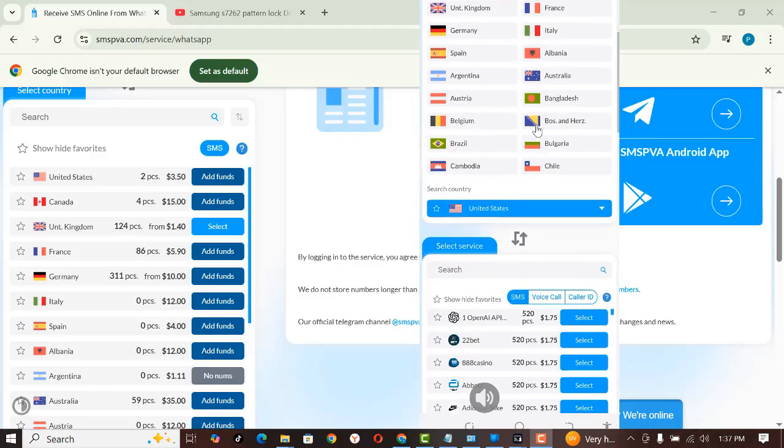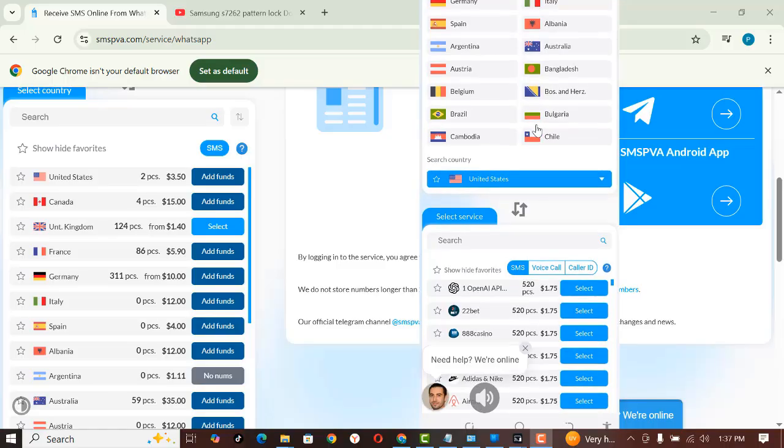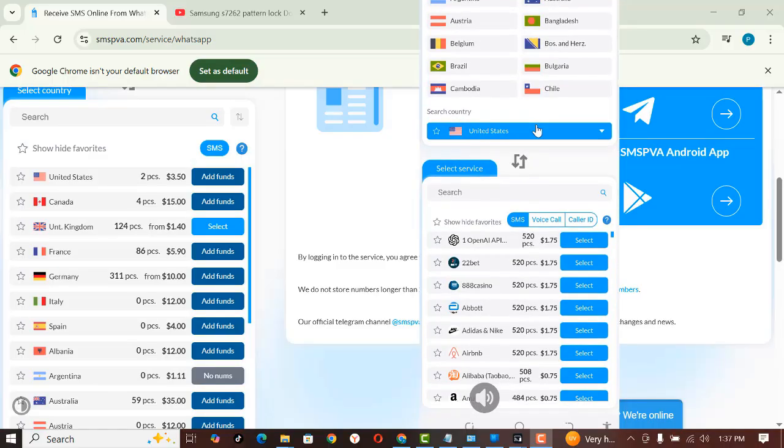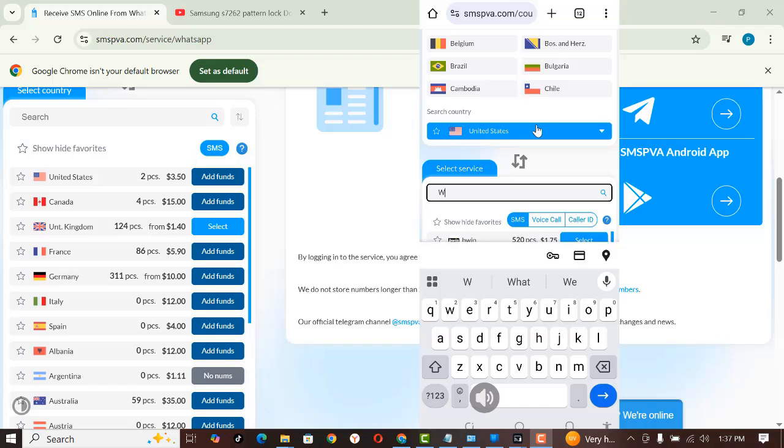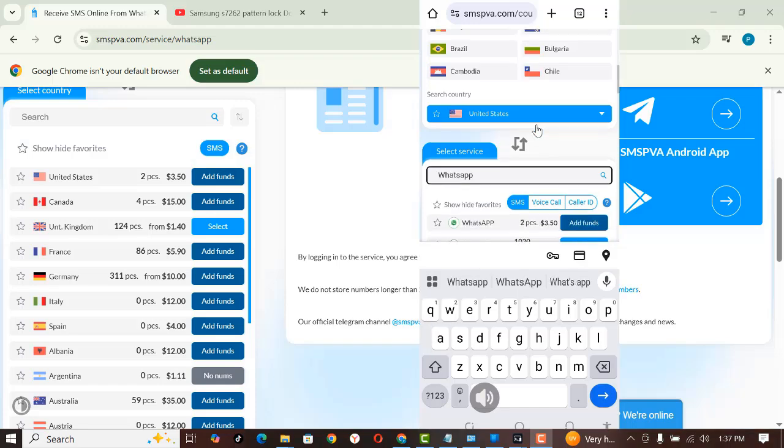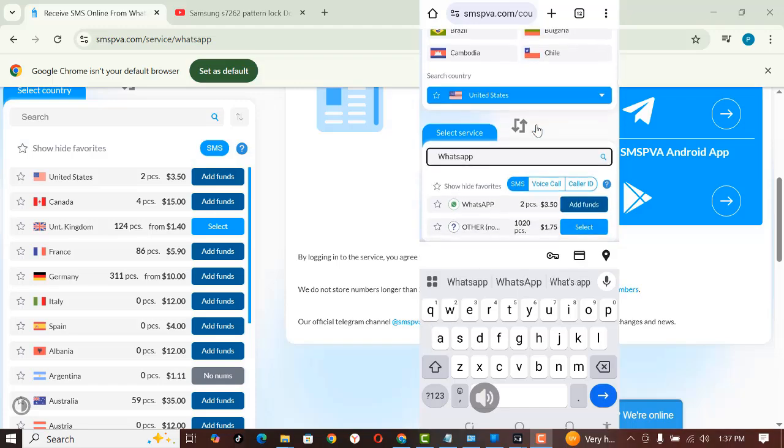Okay, when you scroll down a little bit, you select the service you want to use. Let's say WhatsApp. I want to use it for WhatsApp. I will just type WhatsApp. You can see we only have 2 pieces of numbers in US, and it's 3.5, that's approximately $4. So I don't have that kind of fund, so I'm just gonna leave that and I'll search